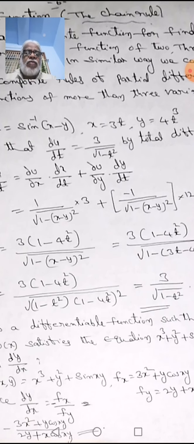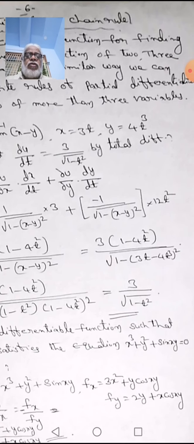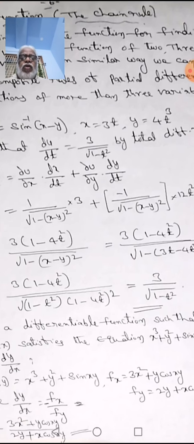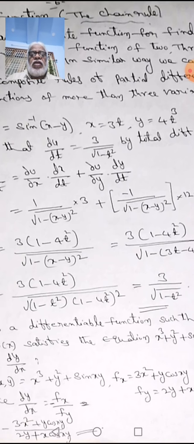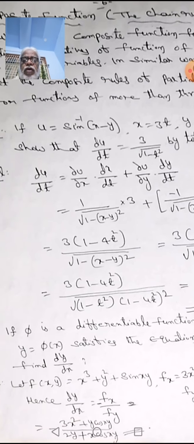Just simplification is there. You see the a minus b whole square form, 3t minus 4t cube. If t is common, with the square it comes outside as t square. T square common means the remaining is 3 minus 4t square whole square. The 1 minus t square is remaining. So 1 minus t square of 1 minus 4t square. 1 minus 4t square becomes 1 minus 4t, because that is under root. Numerator and denominator are cancelled. We get 3 by under root of 1 minus 4t square.